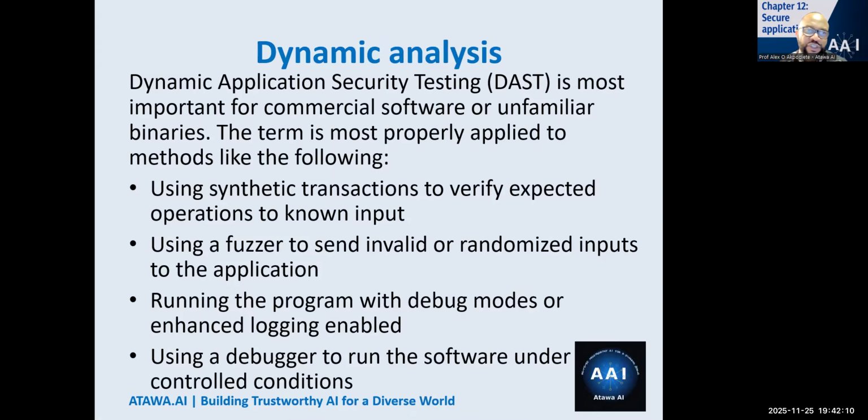But for now, just understand that I have all this, I don't want to call it fake transactions. I create the transactions, I can test it. And then what's called a fuzzer sends invalid or randomized input to the application. And of course, run the program with debug modes or enhanced logging enabled. If you use a debugger to run the software under controlled conditions, it really helps you